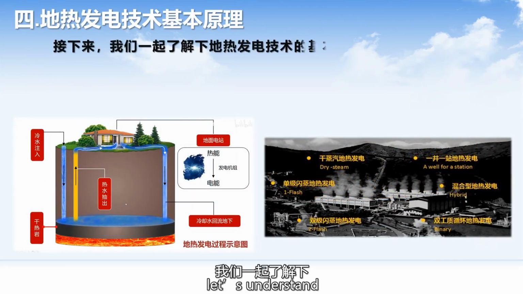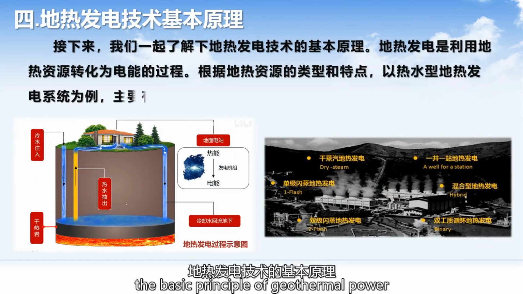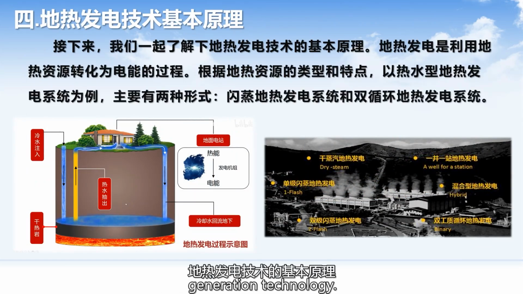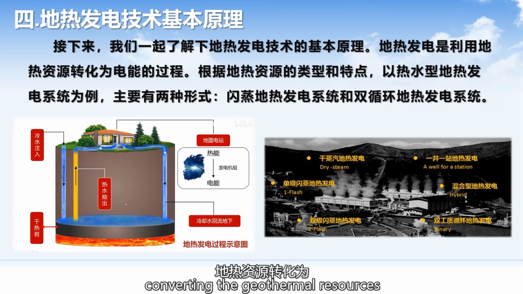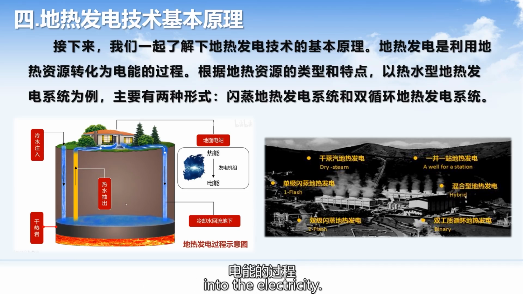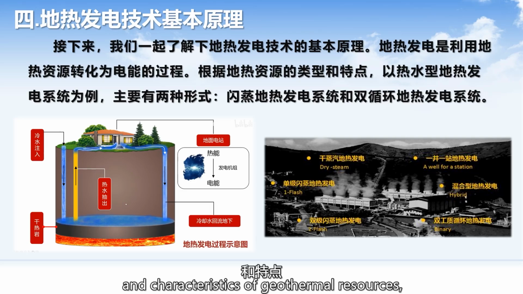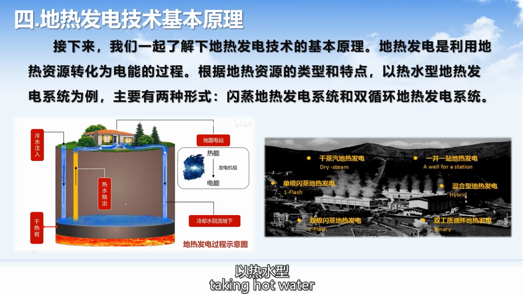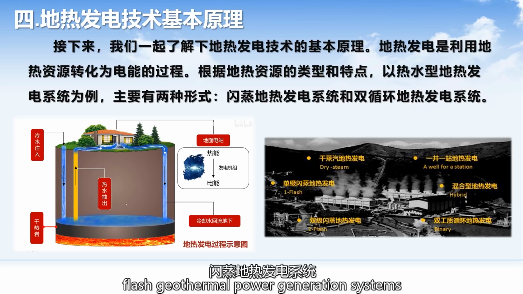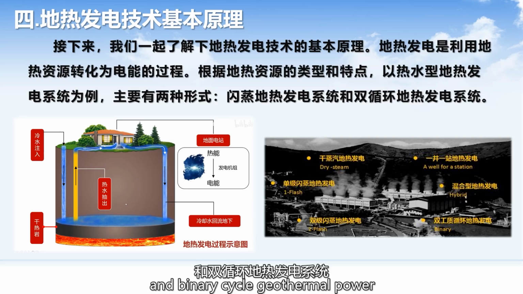Next, let's understand the basic principle of geothermal power generation technology. Geothermal power generation is the process of converting the geothermal resources into electricity. Based on the types and the characteristics of geothermal resources, taking hot water geothermal power generation system as an example, there are mainly two forms: flash geothermal power generation system and binary cycle geothermal power generation